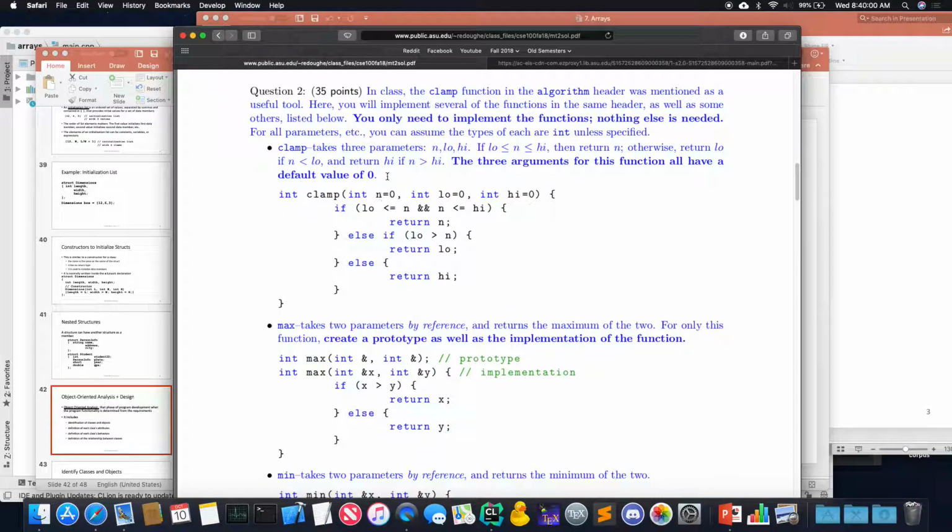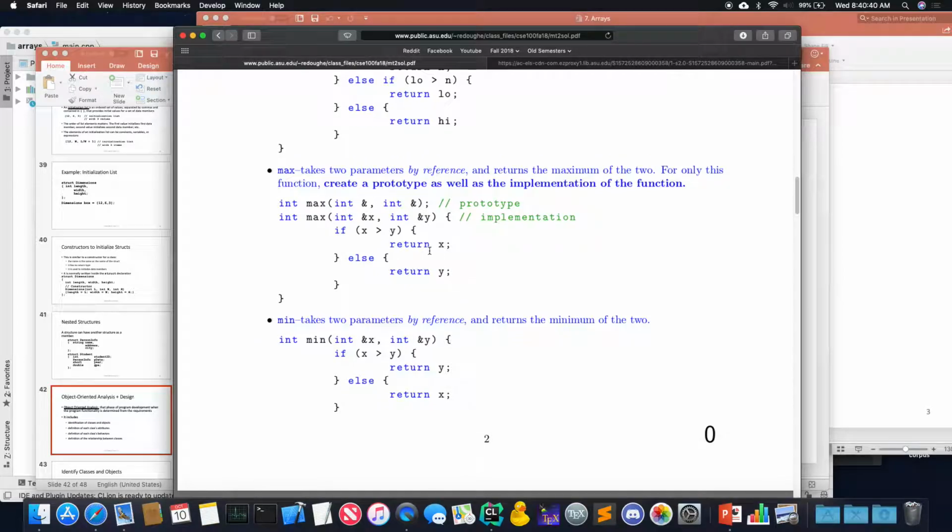So there was an error that I just fixed for the first one, which is I put these equals zeros on. Here it's just implementing the clamp function. If it's in the right range, then return the value n. If n is smaller than the low side, then just return low. Otherwise, it's higher than the high side, so return high. The equals zeros here are necessary because I say that they have a default value of 0, so I was testing about default values. Of course, there are many other ways that you could have implemented this.